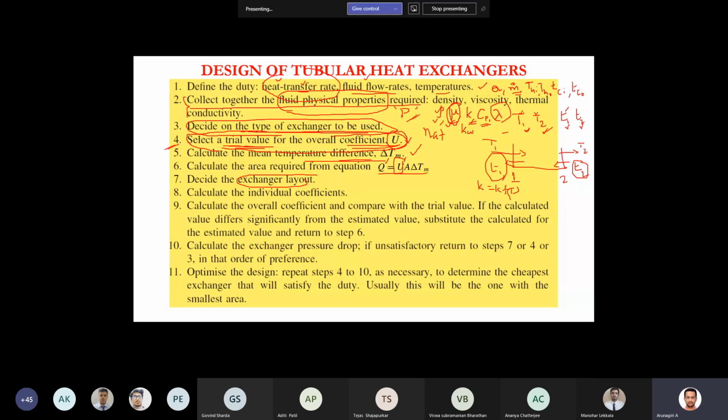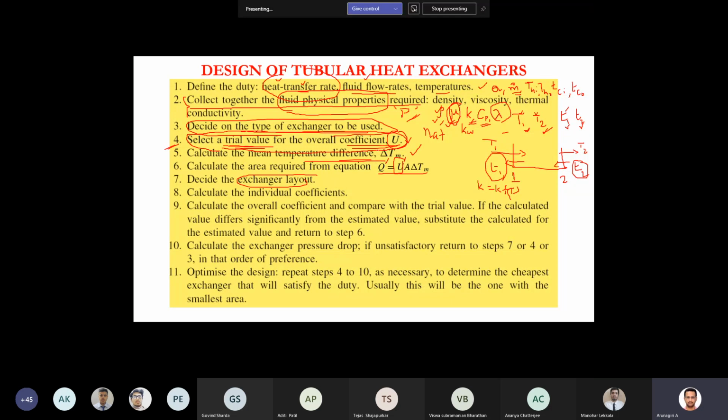Here I have given a detailed discussion on why this overall heat transfer coefficient plays a major role, why we have to account for this overall heat transfer coefficient in shell and tube heat exchanger designs. So what are all the things that affect the overall heat transfer coefficient? Inside fluid film coefficient, inside fluid fouling factor, metal wall resistance, then outside fluid fouling resistance, or you can say corrosive resistance, then outside fluid film coefficient.